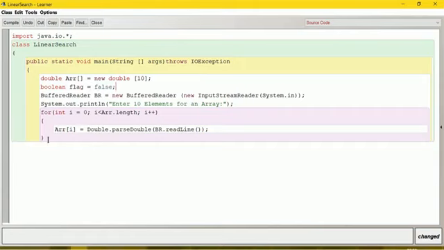After taking the input, we have to start searching for the element. Before that, we have to get the element which we are searching for. So, let us prompt the user to give the input for the element which we are searching. So let me have only print.